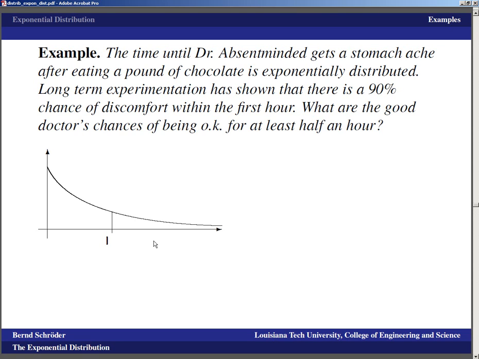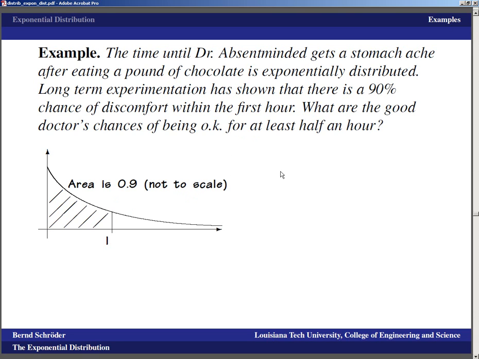We have an exponential distribution. We have that up to 1 hour, the area up to that point is supposed to be 90%, which is 0.9. Again, I had just one generic picture, and I just changed the numbers in it, so it's not to scale. But even a generic picture tells us, yeah, we are interested in the area to the left of 1. We're interested in the area that is early, not the area that is late,